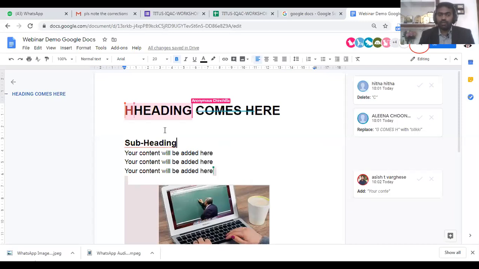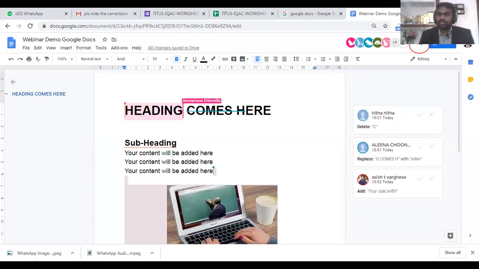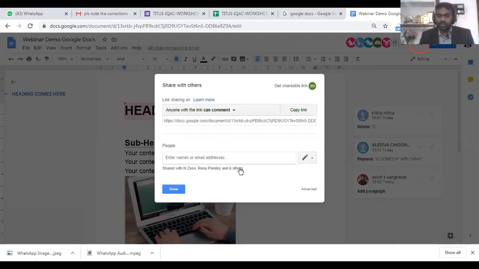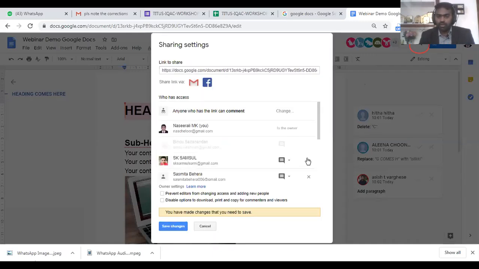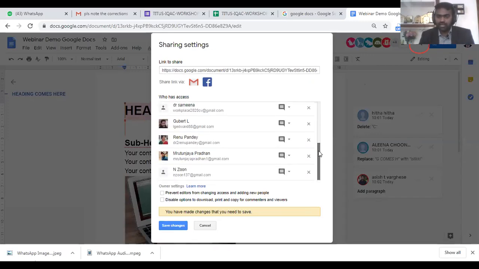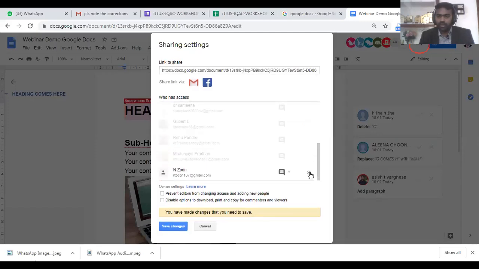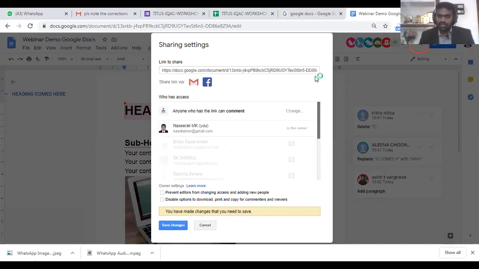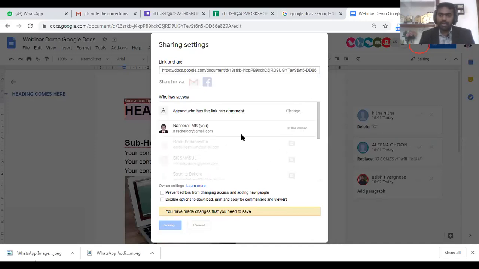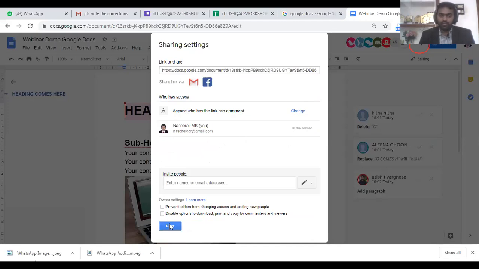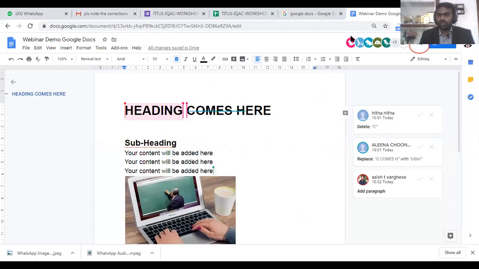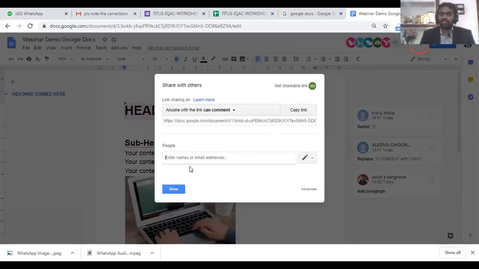Now I'll remove all the people from that. I need to remove the people because now my function is over. People have suggested to me and I don't want more people to come and suggest anymore. Now I am considering those suggestions which I got, and I'll be trying to edit. Even if those people try to make any changes, they will not be able to see it. Now I have removed them from this sharing.